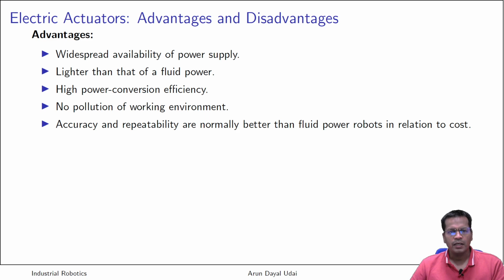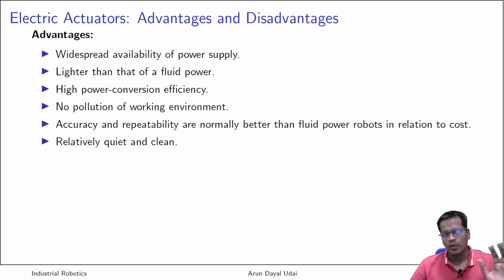Okay, accuracy and repeatability are normally better if you compare similarly costed electrical and pneumatic or hydraulic actuators. And they are relatively quiet and clean. You can afford to have electrical motors which are almost noiseless. They are safe to be in medical spaces also. They are clean. Hydraulics can have leakage of fluid and it can drip if it is not taken care of